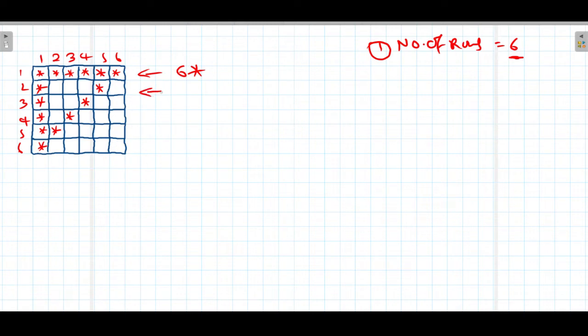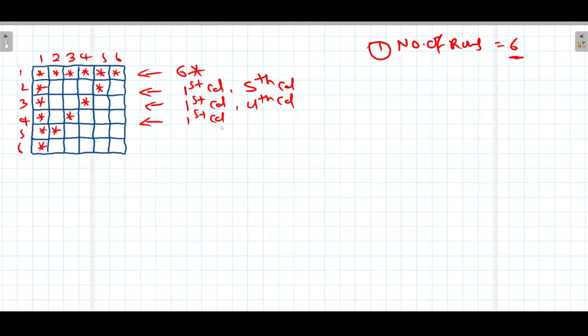In the second row, we need to print the first star at the first column, and the second star at the fifth column. Just stay with me with patience; you are going to understand in a much better way and remember it for your lifetime. In the third row, we need to print at the first column and at the fourth column. In the fourth row, we need to print at the first column,